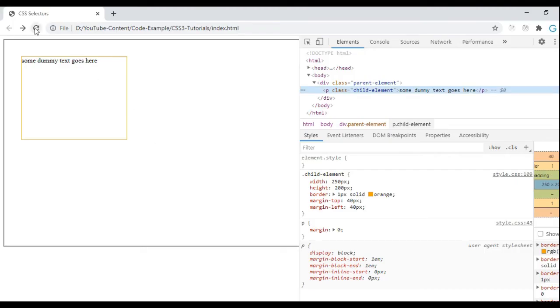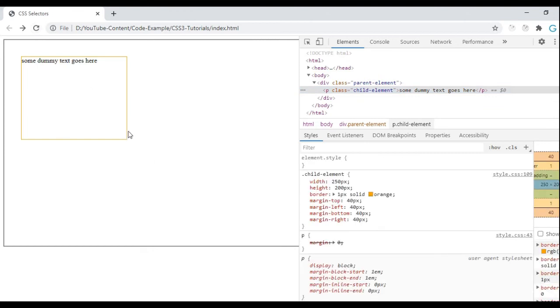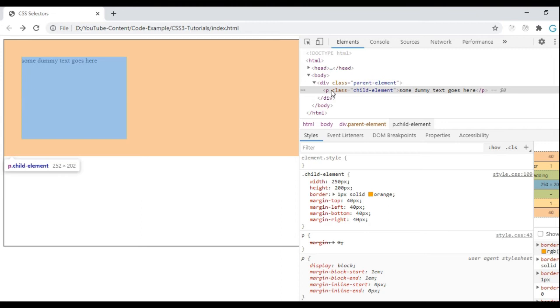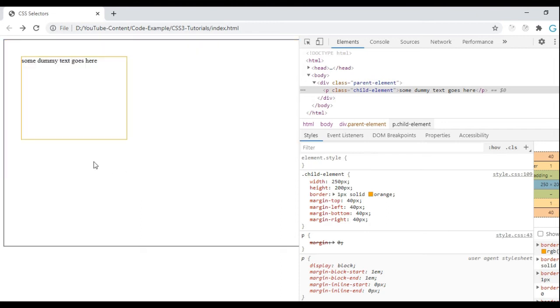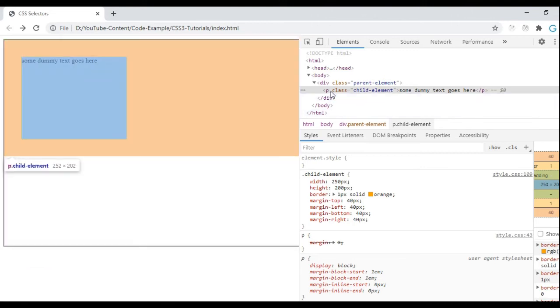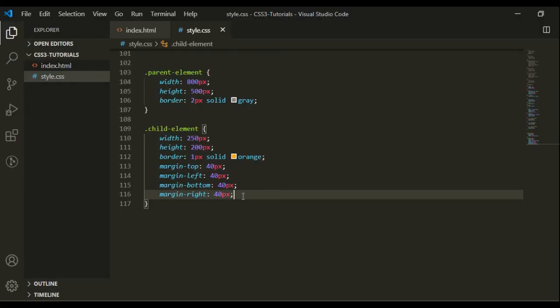Now go to the browser and reload the page. Now we can see the 40 pixel space has been cleared also from the bottom. On the right hand side there is no other element, that's why it's showing all the selected space from the right hand side. Now we have the scenario where we are getting 40 pixel margin from each side.